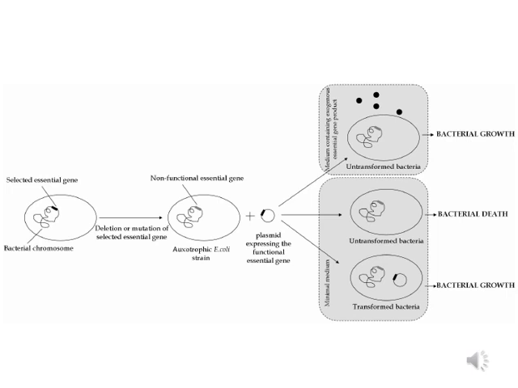Consider the second case, the untransformed bacteria. If we grow on a minimal media, what is going to happen? Media is also not supplying that amino acid. The bacteria is also lacking the gene which is able to synthesize that amino acid. So it is not able to grow. It dies. But consider a third case where we have the transformed bacteria. So although it is grown on a minimal media, it is able to grow.